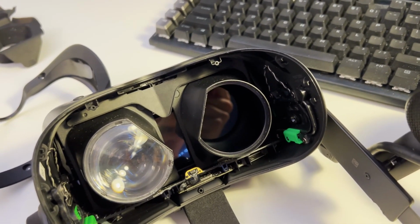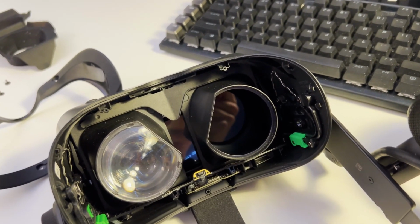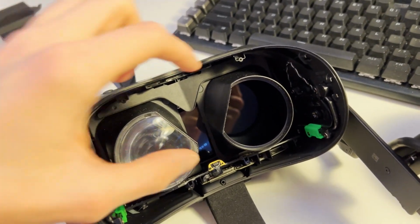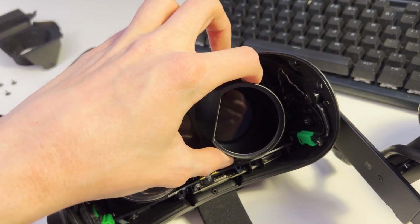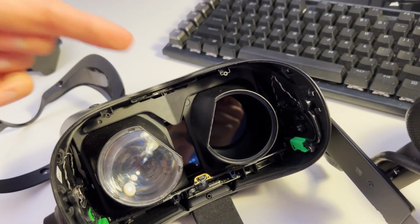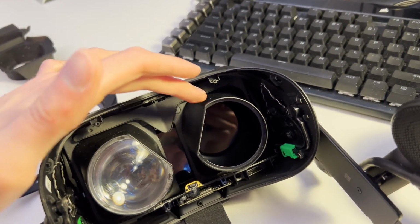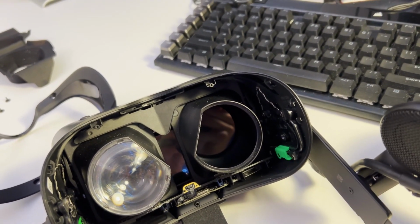You do not need to buy a new Index, and you do not need to buy the replacement eye tube off of iFixit. You can buy an entire replacement eye tube, which comes with the lens, the tube, and the screen, but that costs $130 per tube, and also